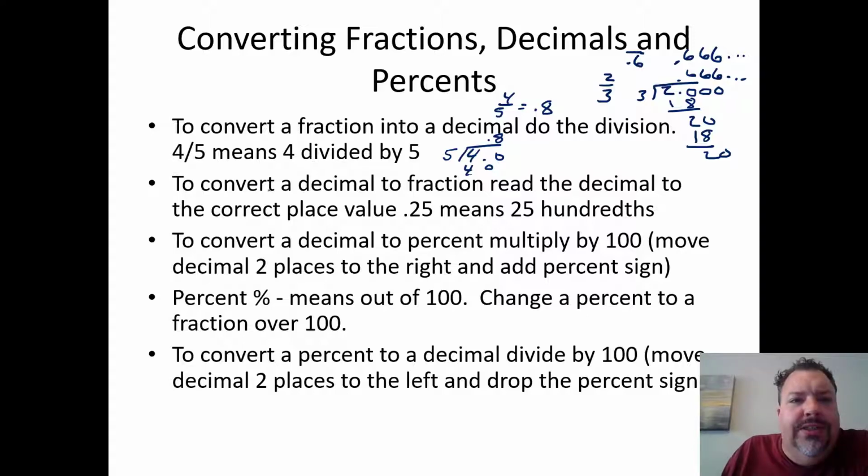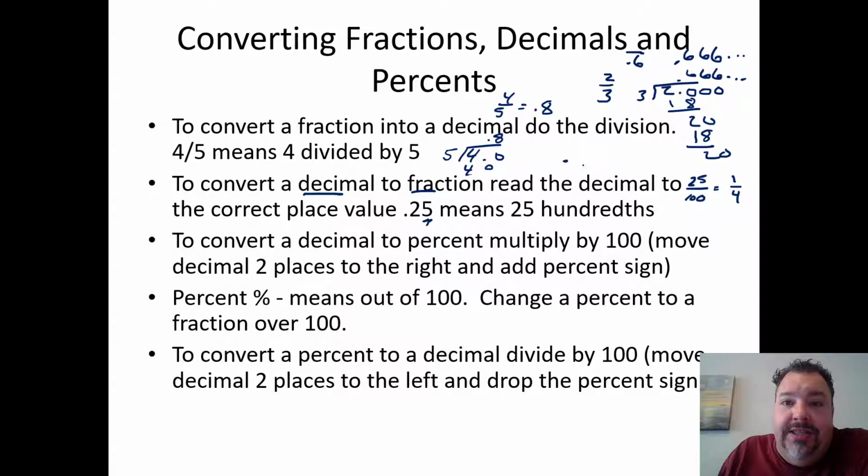Now, to go backwards and convert a decimal into a fraction, we're just going to read the decimal the correct way. So 0.25, I say 0.25, but that's not the correct way. The correct way is this is 25 hundredths because the 5 is in the hundredths spot. So if we write it the correct way, we have 25 hundredths, which means 25 over 100, which we can simplify by dividing out by the greatest common factor, in this case 25, and it would reduce to